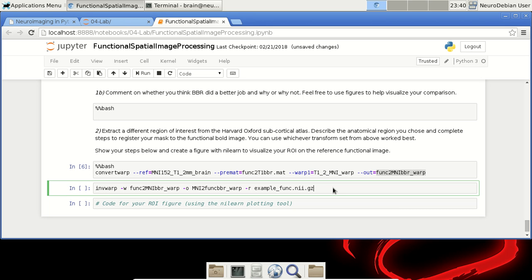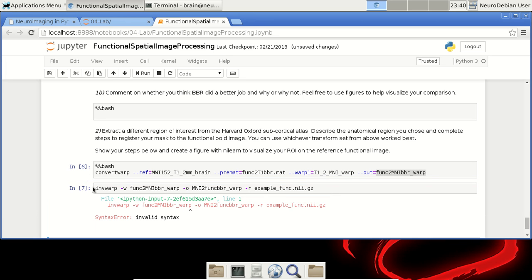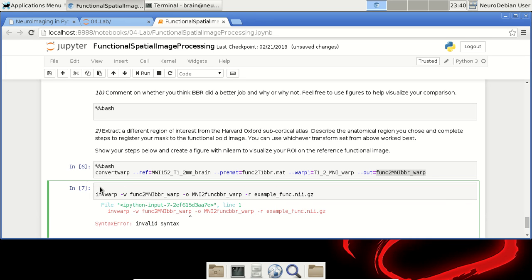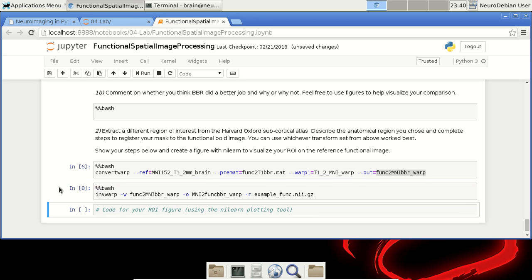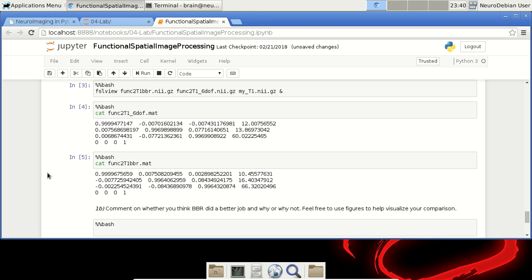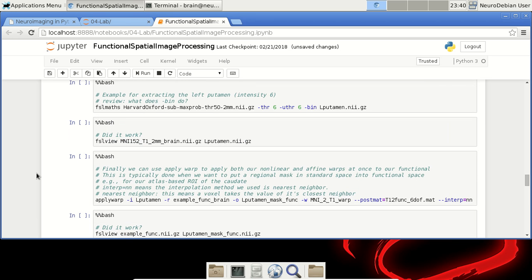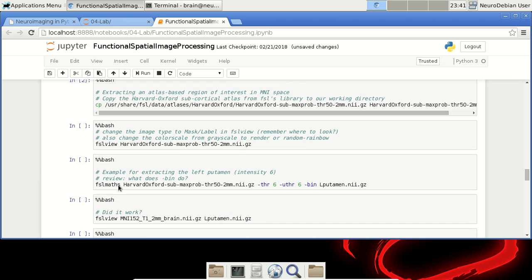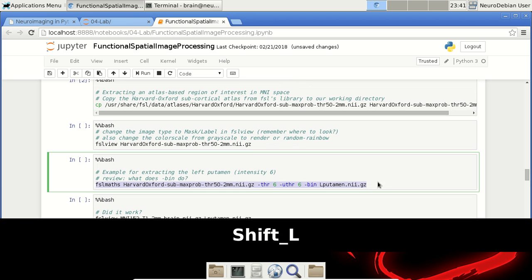So I will begin to run this. Oh yes, of course, I forgot to make it a bash shell. Bash, there we go. So now that we have that warp inverted, we can take an arbitrary value